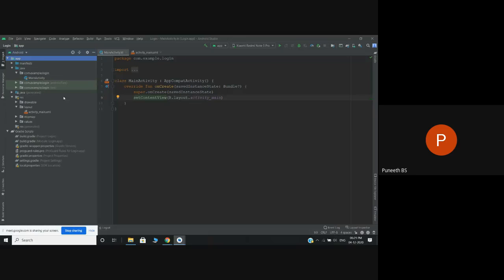It's better you stay in Android, the default one, because this is clear and you can see all the files that you created over here on the left side. Here we have created a MainActivity file, so that's why it is there. And we have created a layout file, activity_main.xml, and even that is here. Coming to the manifest,